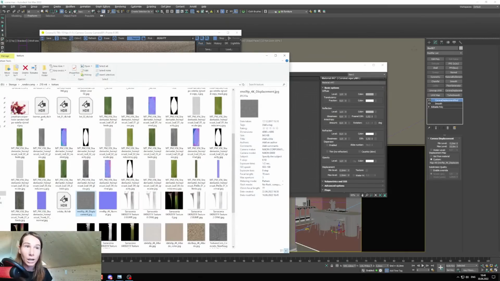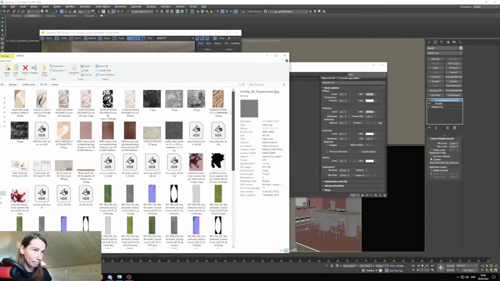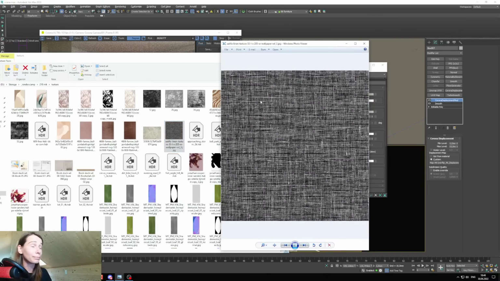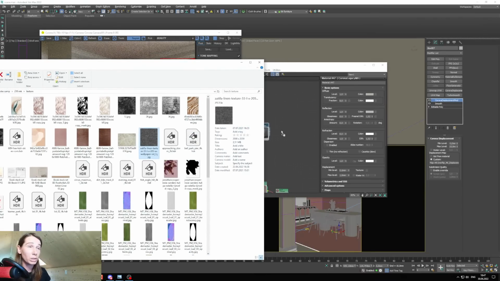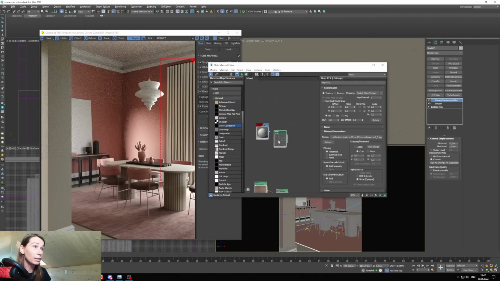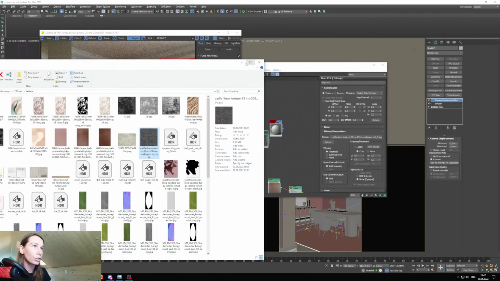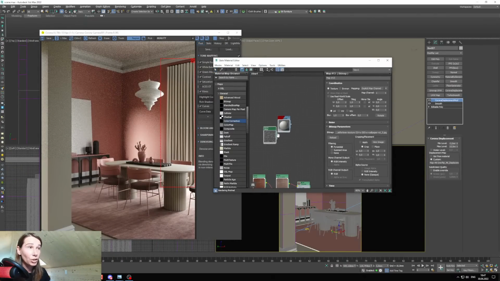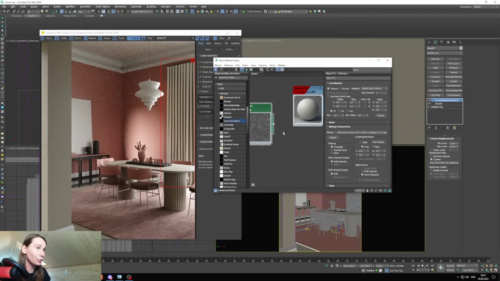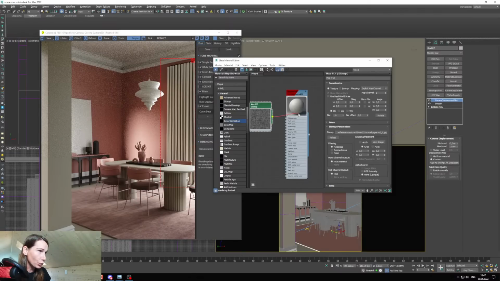So I'm going to select some of my favorite map. You can find something like a linen texture in Google and make it more contrasted if you want to in Photoshop, and you will get such a texture. I don't remember actually where I found this one, but in general it's good. So let's plug in this map to